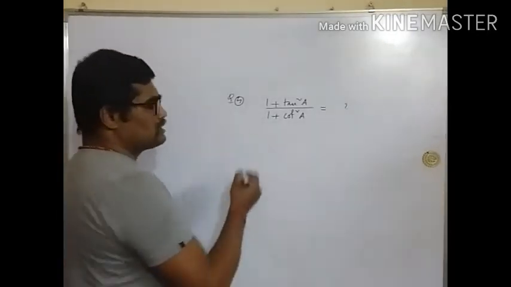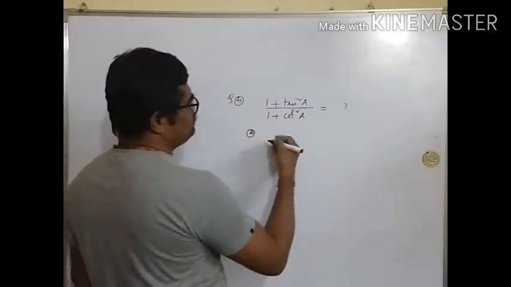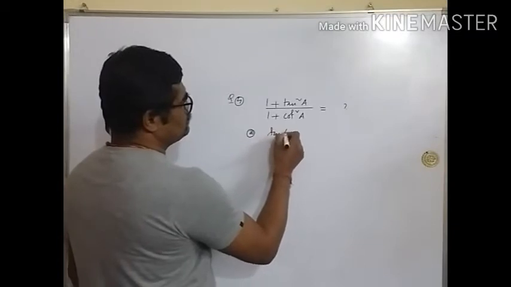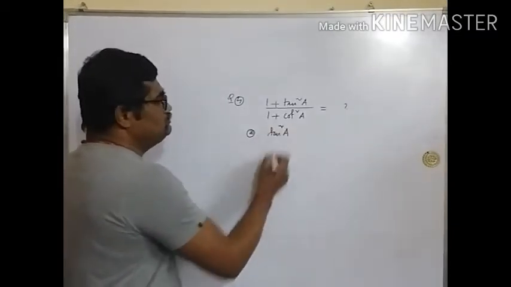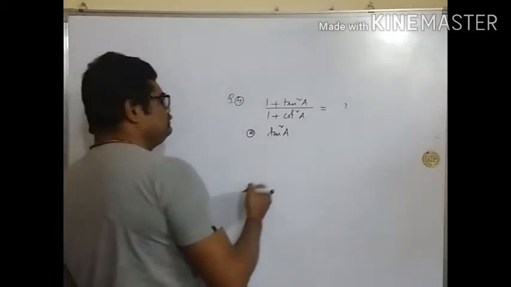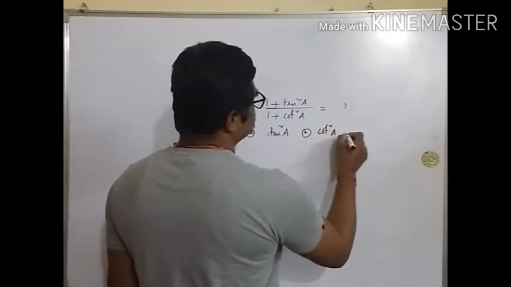Let me note down the options this time, right. It is tan square a, cos square a,